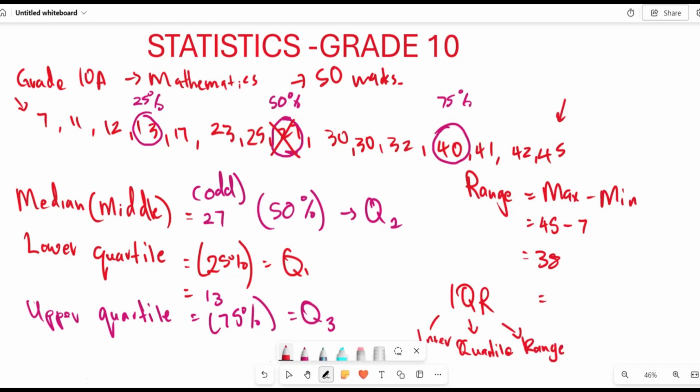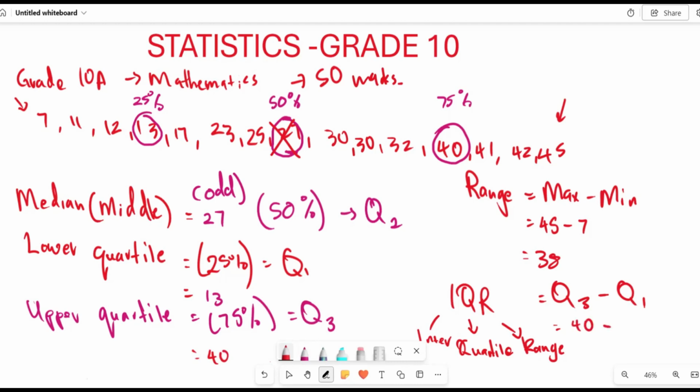Now your interquartile range, you are finding it from your value of Q3 subtract your Q1, right? And luckily we have these particular values, your Q3 and also your Q1. The value of our Q3 was given by 40. So this is going to be the same as 40